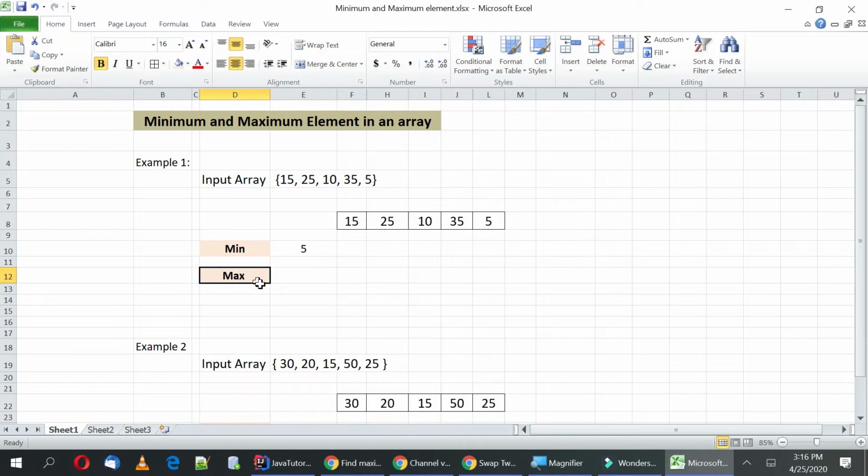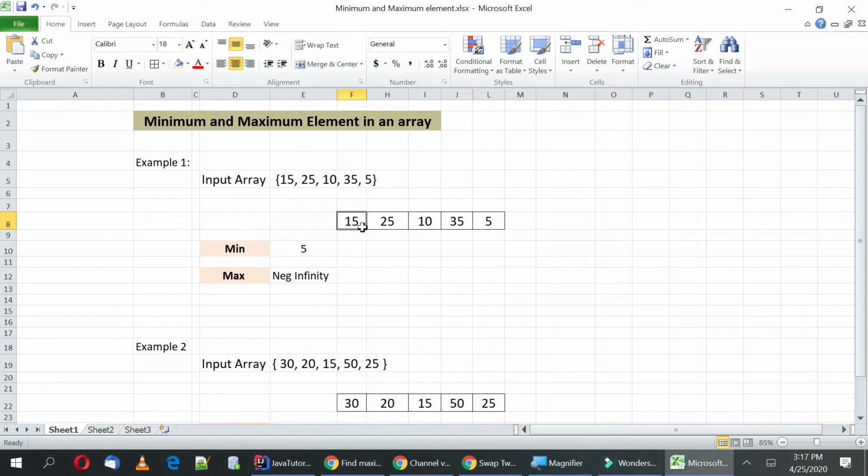Now let's find the maximum element in this array. For the maximum element, let's initialize to the smallest possible value, say negative infinity. So in this array we will have a value which would be greater than this, because we have initialized to minus infinity. Now we will do the opposite of whatever we did in the case of min. As soon as we get a larger value in this array, larger compared to the max value, we will update this value. Let's take an example here.